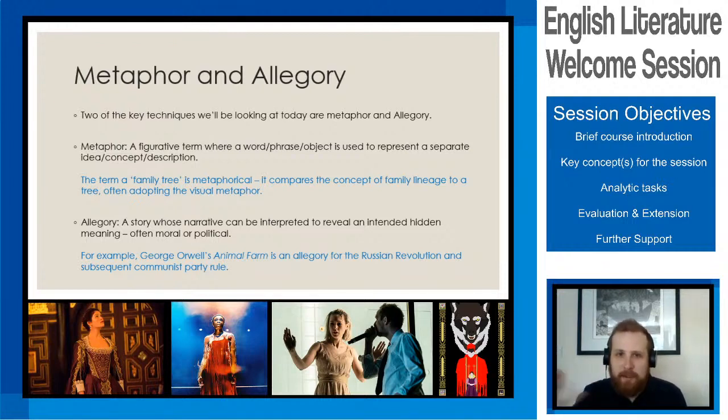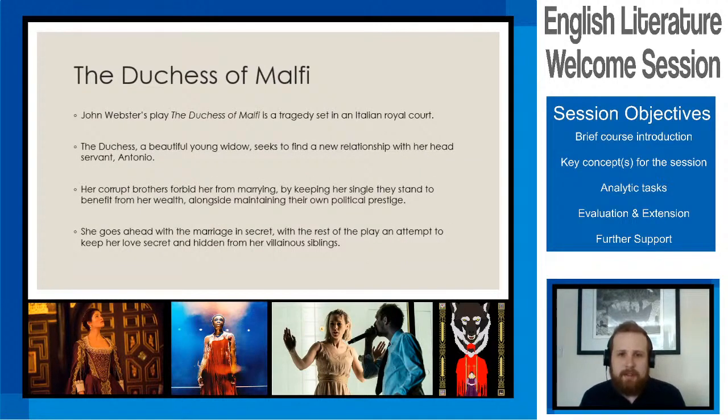Okay, so for example here, George Orwell's Animal Farm is an allegory for the Russian Revolution and the subsequent Communist Party rule in Russia. Okay, so those are the two concepts, and each of these concepts, guys, is going to be addressed in two subsequent videos, which we're going to be looking at in a second. So the first of these, well, before we get to that, let's have an introduction